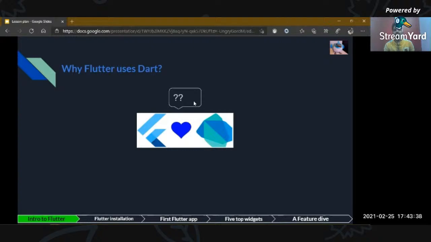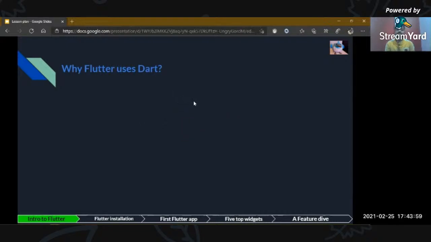Am I really talking about this? No. So going about in detail, there is the internal working of Dart that Flutter supports completely.